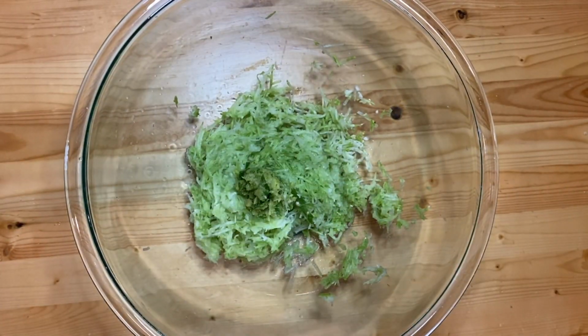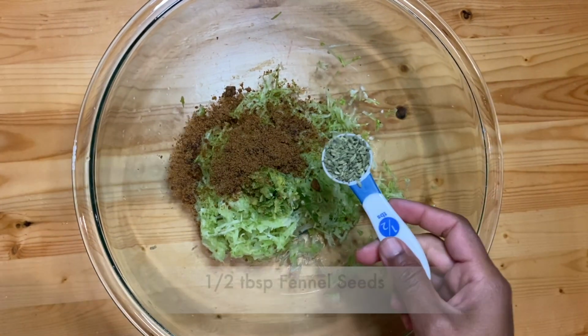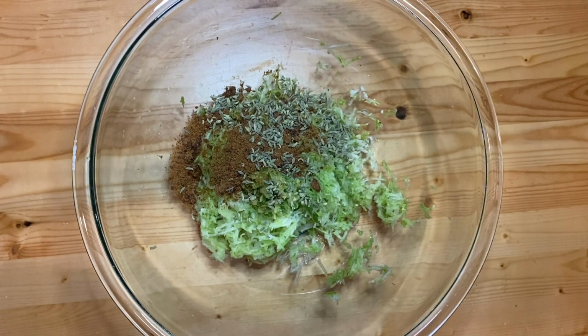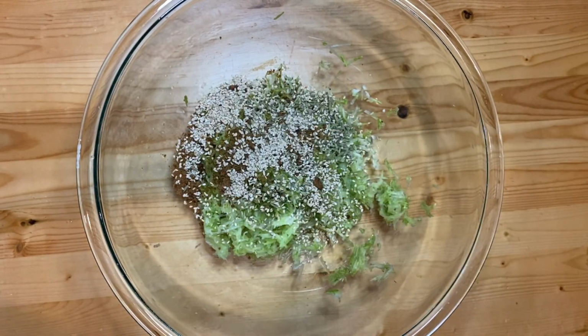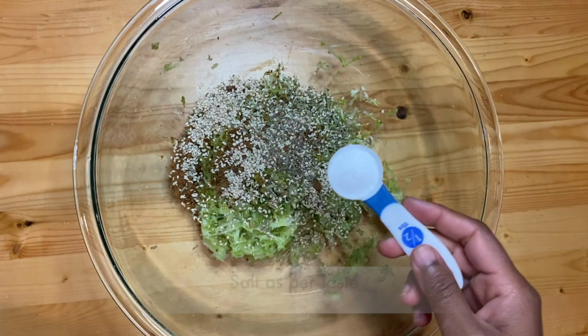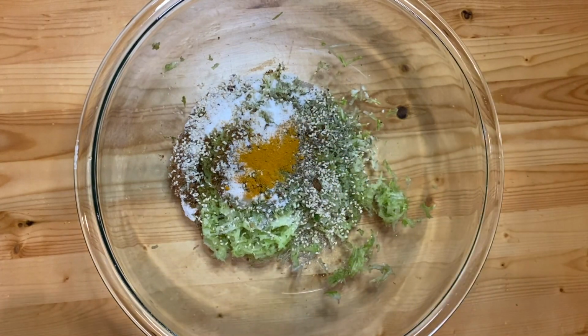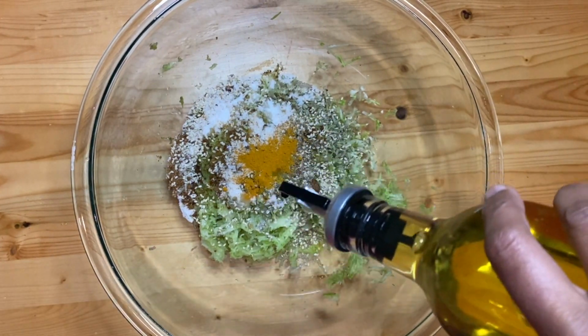Next we will be adding some jaggery powder. You can also use sugar here. Now add fennel seeds, sesame seeds and carom seeds. Add salt as required, turmeric powder, a tablespoon of oil,